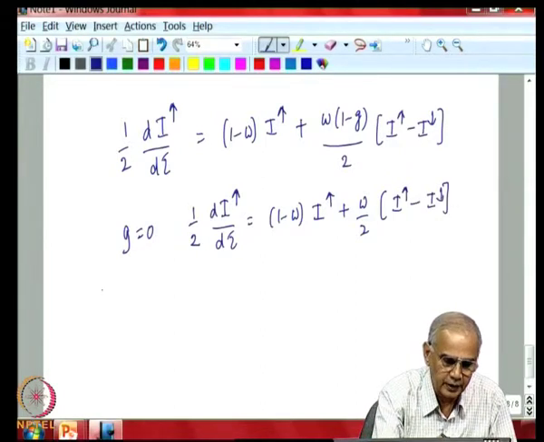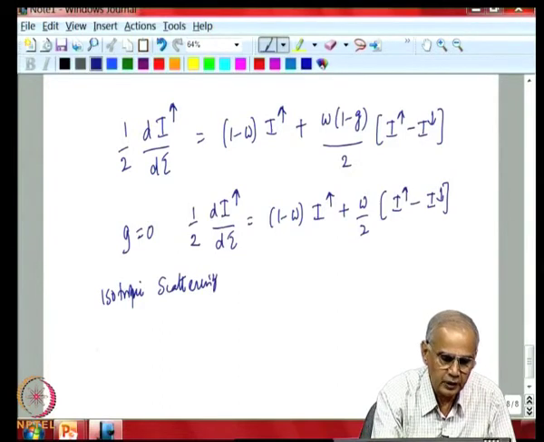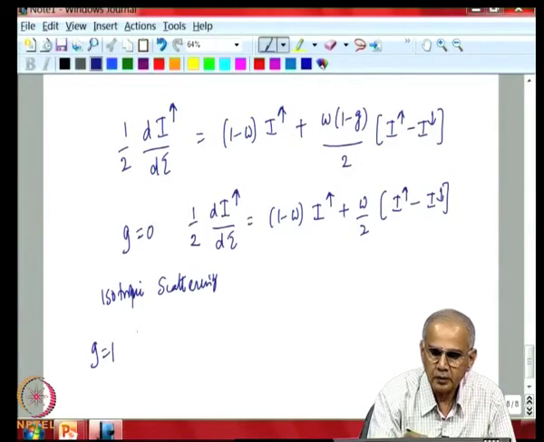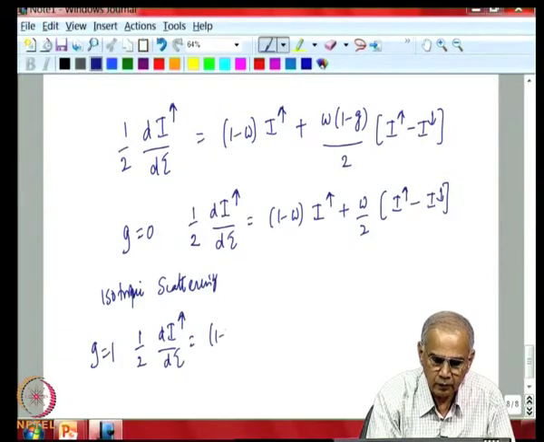This is isotropic scattering. Now, if G equals 1, this term drops out. You have half d I upwards d tau depending only on this parameter,